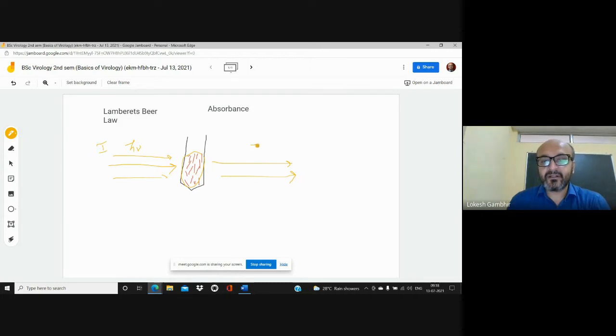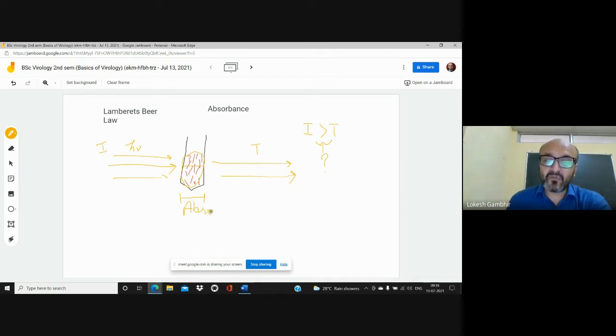This light is transmitted. So if I ask which one will be greater, of course it's a common sense answer that incidence will always be greater than transmittance. So where has the difference gone? The difference is in terms of the concentration of this particular solution. When the light was traveling through this path, the compounds or the atoms, the molecular structure present inside this solution, absorbed the light.